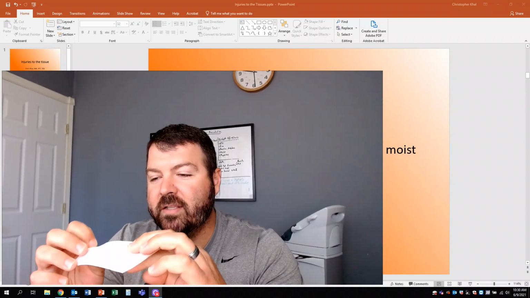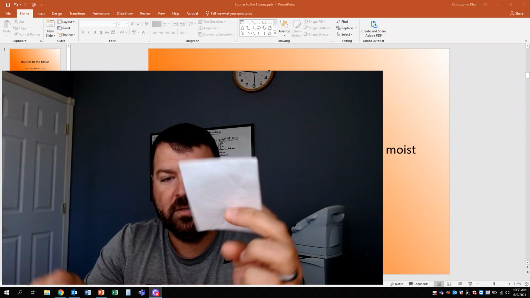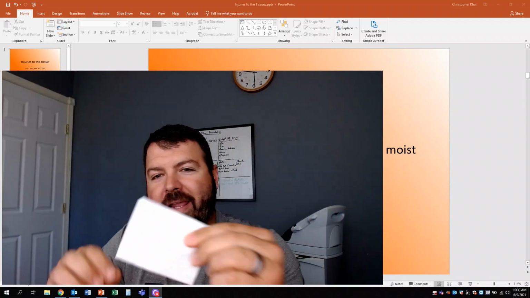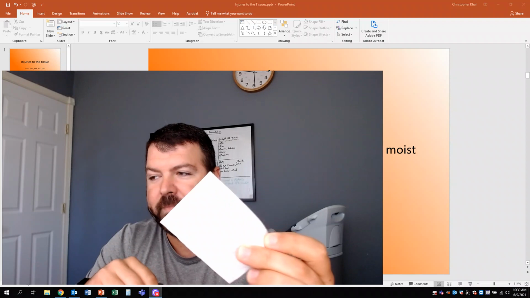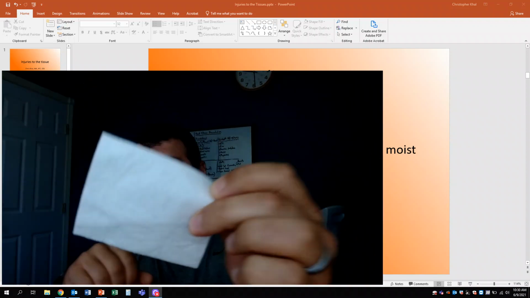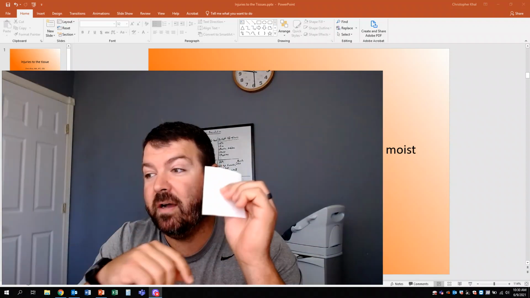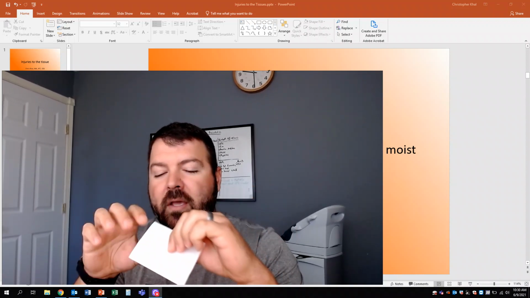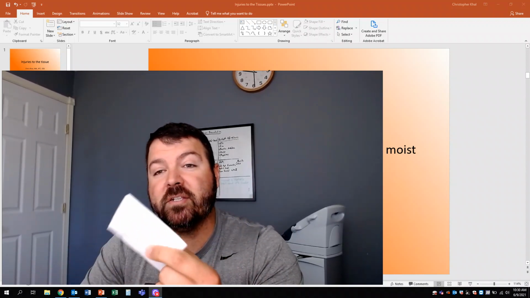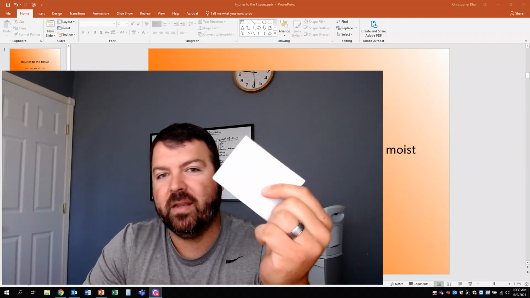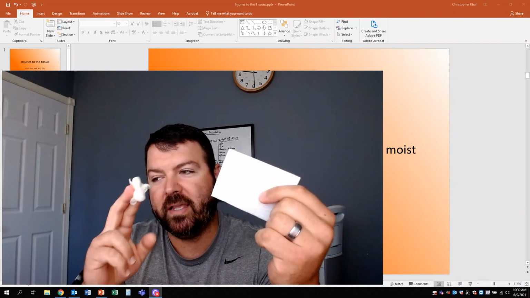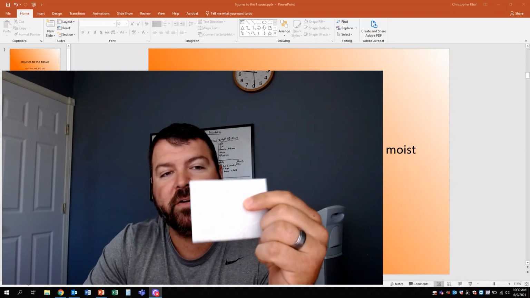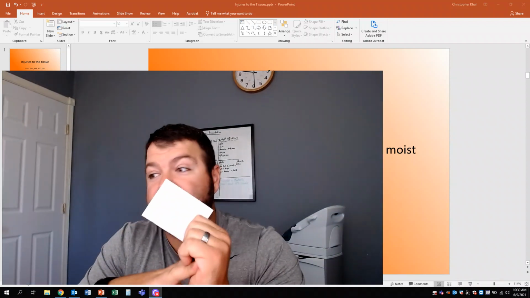On the other hand, this is the non-adherent gauze. So you can't see through it. I can't open it up. A lot of times this is going to be what's on the Band-Aid. This is that white little patch on the Band-Aid that you put on the wound. The non-adherent gauze doesn't soak up any kind of blood or fluids like the adherent does, but it doesn't stick to the wound.